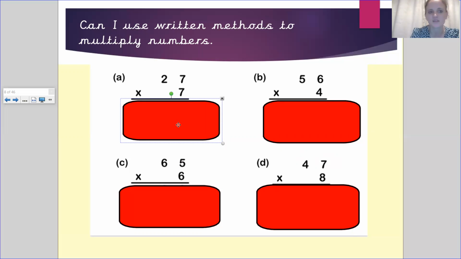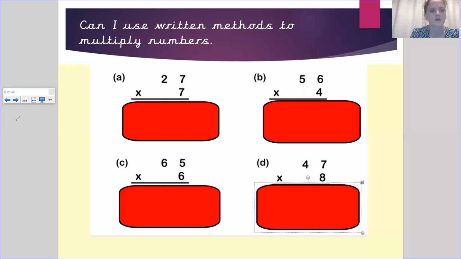27 times by 7, 56 times by 4, 65 times by 6, and 47 times by 8. I will work through the first one with you, and then I would like you to have a go at the next 3 before I uncover them. So 27 times by 7, we know that the first thing, like I said, we do, so for our steps to success,